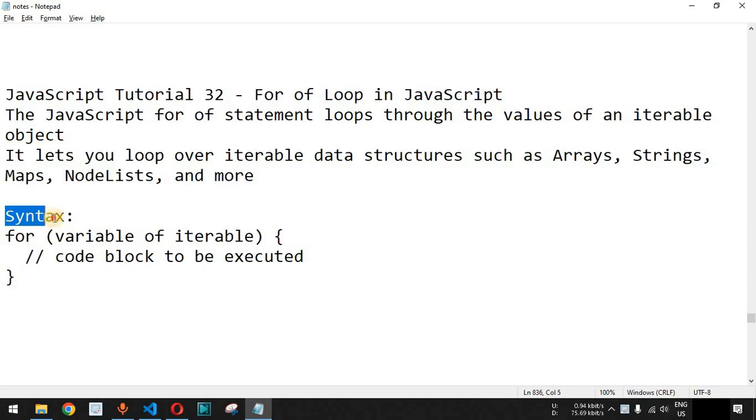So guys, as you can see, this is the syntax over here. We use the for keyword, and then inside the open and close parenthesis, first of all we have the variable inside which the value of the iterable object will be provided, and then we have the of keyword, and then we have the iterable. So guys, basically iterable is nothing but the name of the array for which we want to loop through the elements inside this particular array, and the first element of this array will be assigned to this variable